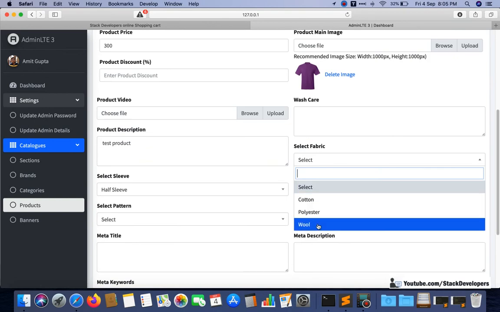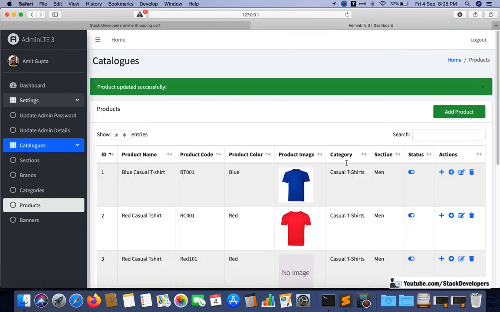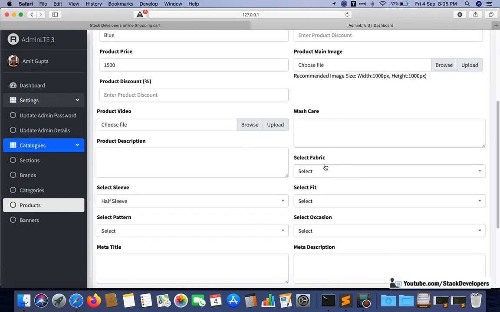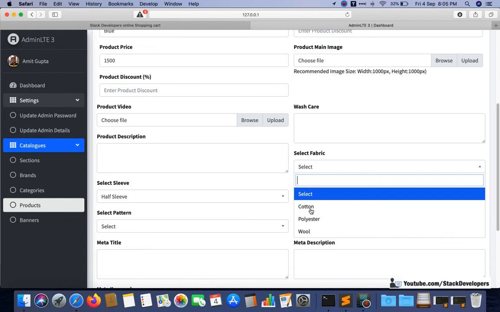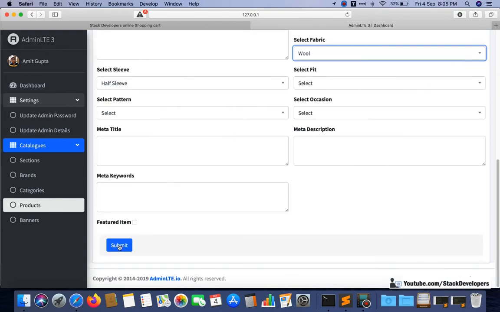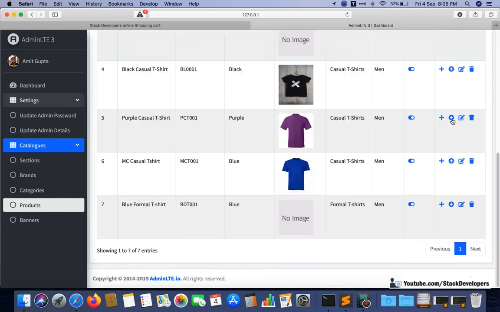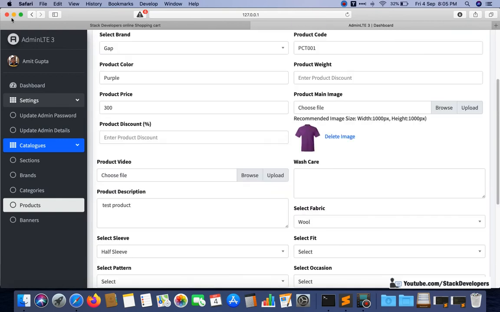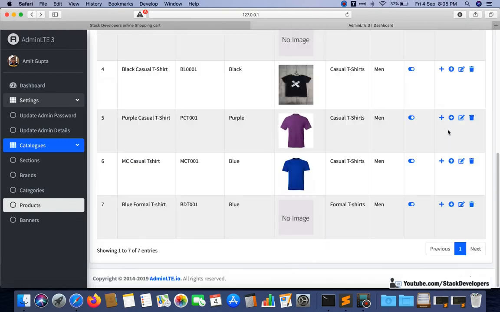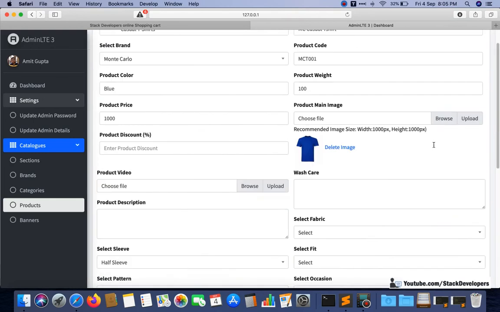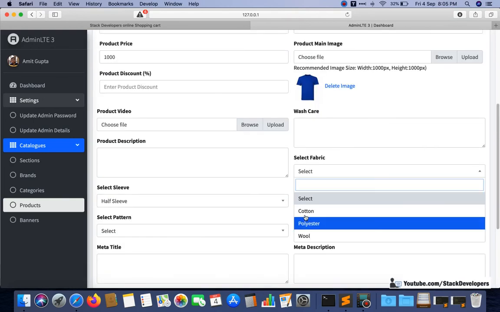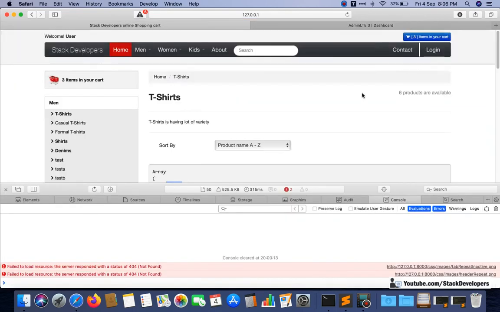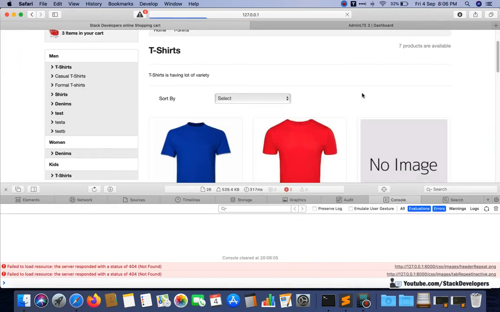Okay, so you can select wool as well. I will add more as cotton, so you can add all of these. Okay, so now we are going to refresh this page.